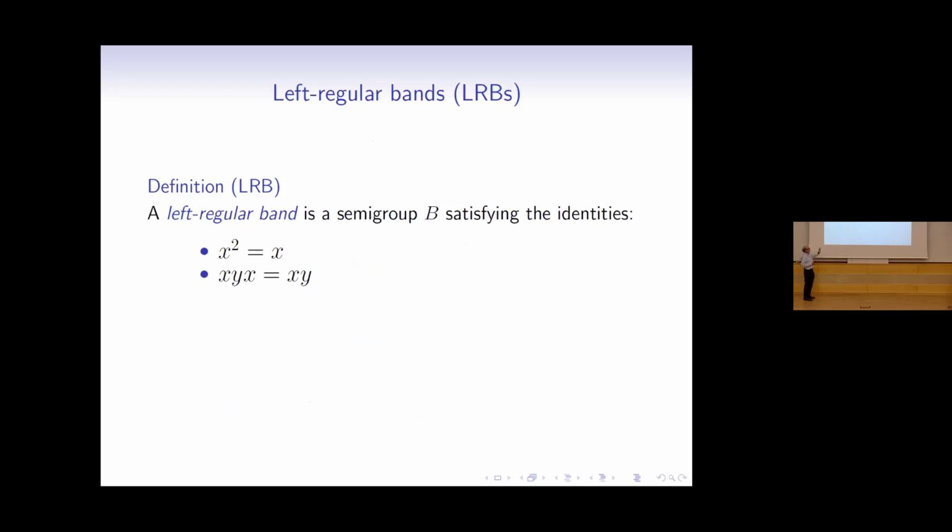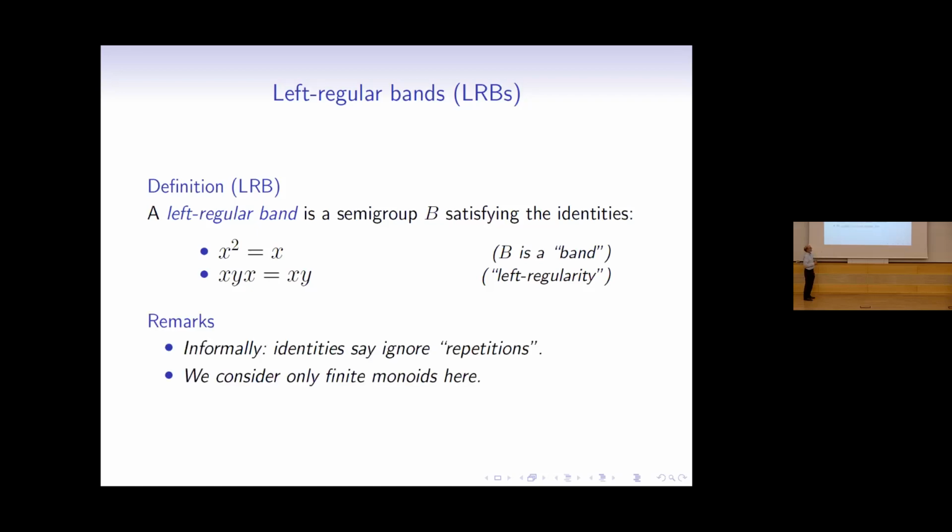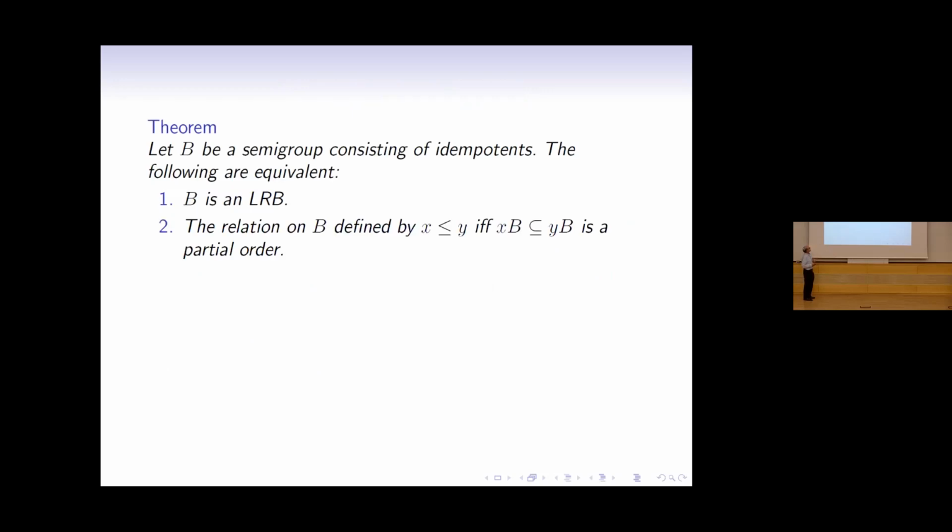But here's going to be a slide. So here I'm going to give a collection of equivalent conditions to this law. B is a band. Band is the name for a semigroup all of whose elements are idempotent. Sets under intersection, for example. This says essentially that repetitions are erased. If I do X and I do Y and I do X again, I can cancel the second X. That's what this rule means as I read from left to right. And so here are the conditions. Okay. So the conditions are, if I have a semigroup consisting only of idempotents,